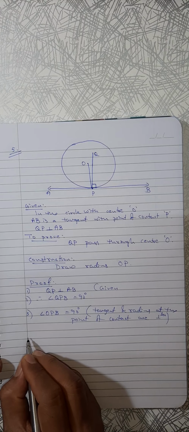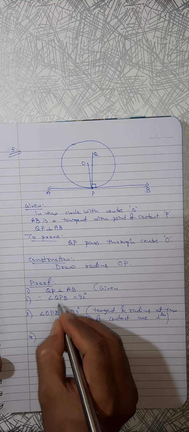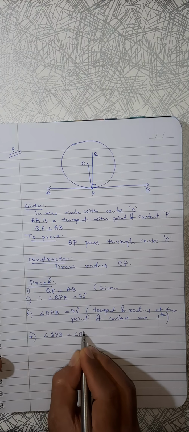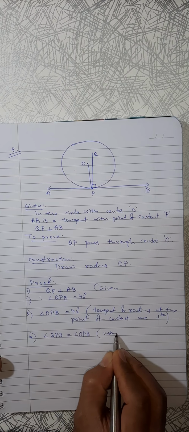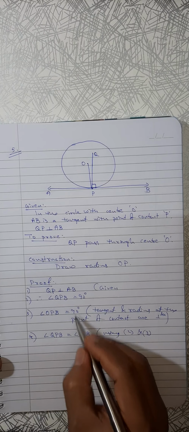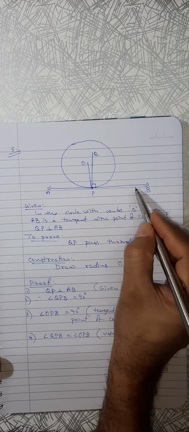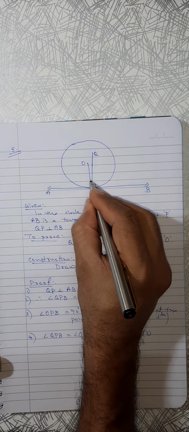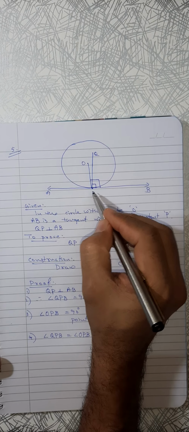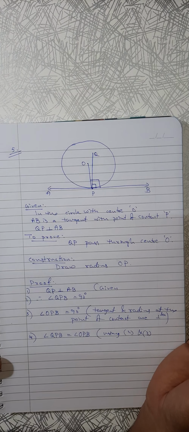So we are getting that the right side is the same, which means the left side is the same. Angle QPB equals angle OPB. Reason? From 2 and 3. Right side is same means left side is same. QPB and OPB, is it possible? OPB I marked, the radius and tangent, and this is QPB, this piece. Is it possible?